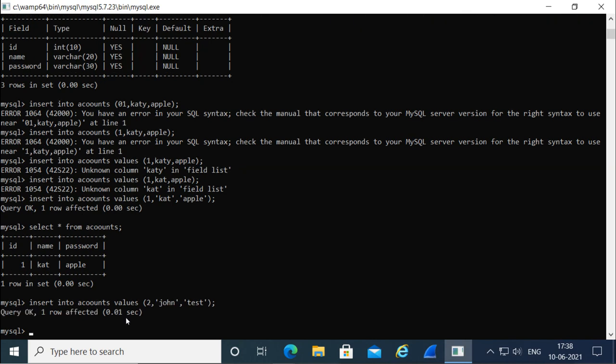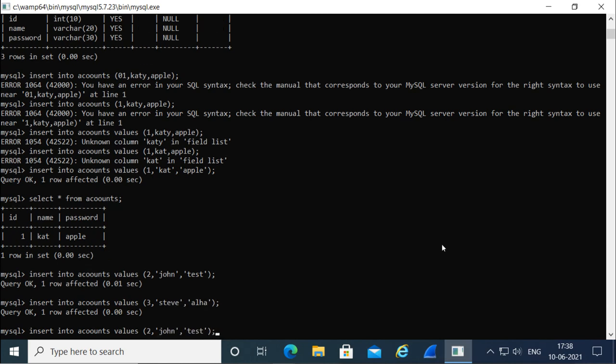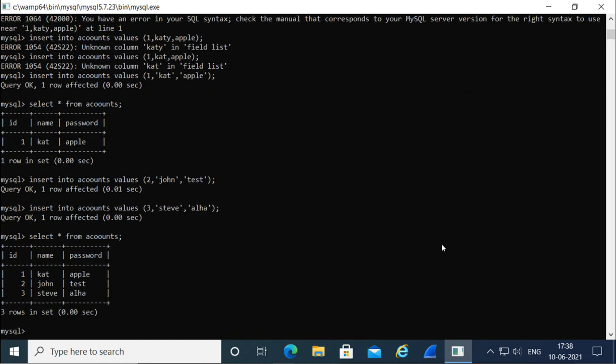I will add one more user information. Password will be alpha, user will be Steve, and ID will be 3. Now when you check, it says that these informations are there.